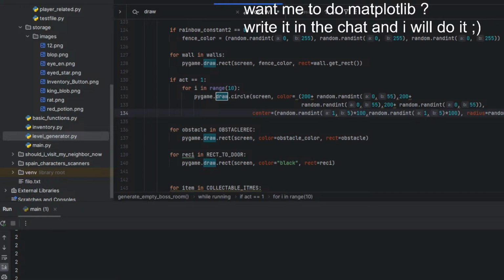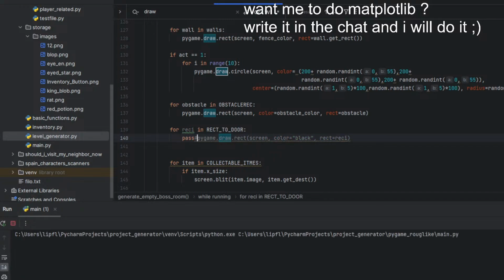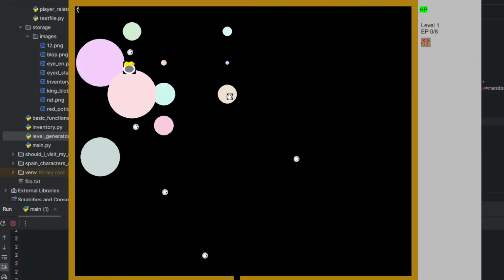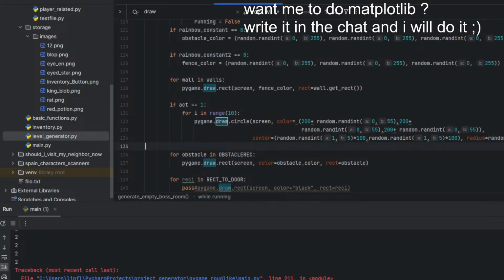This is a cool boss room. This is really a cool boss room. The best stuff is when you're finding out when you're making mistakes. So we don't need this. Pass. And yeah. Random.